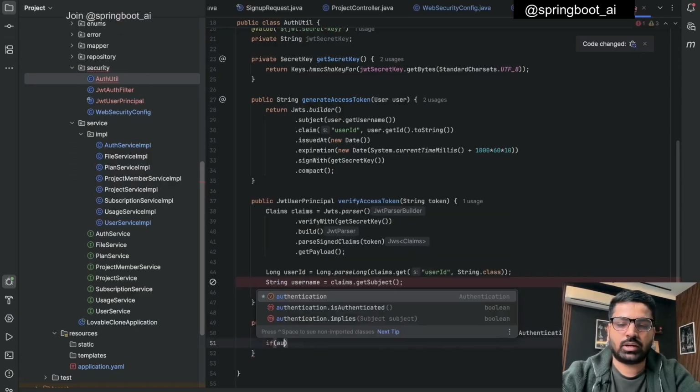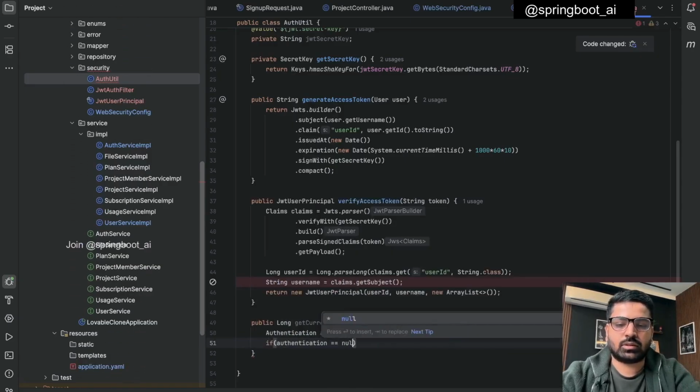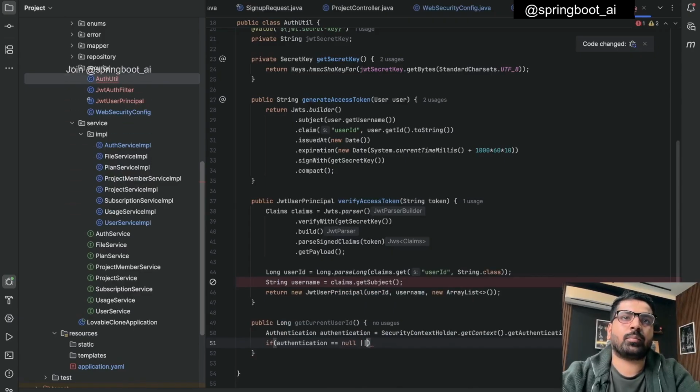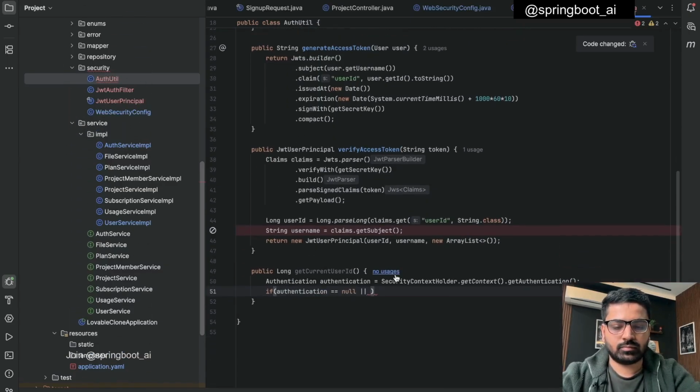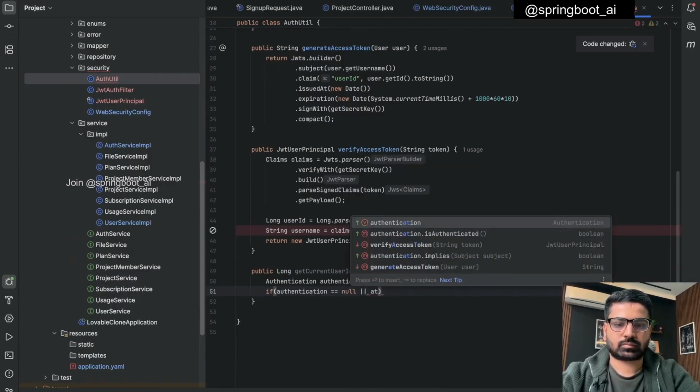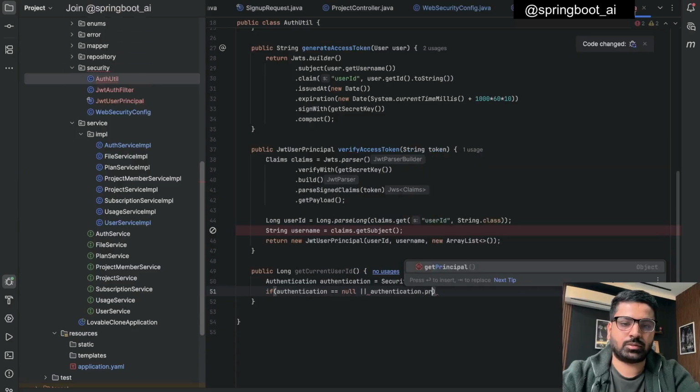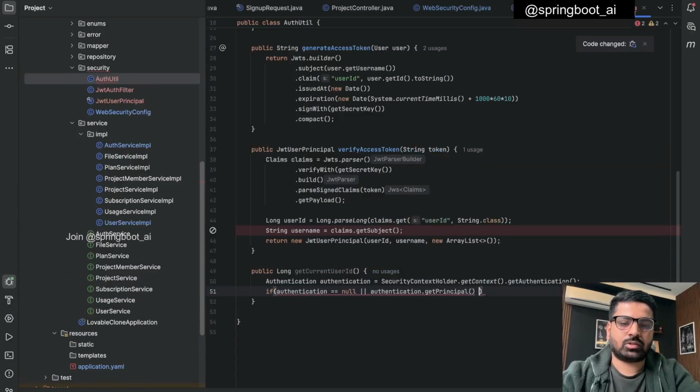Now if this authentication is null, or if the principal that I get from here, authentication.getPrincipal, is not an instance of